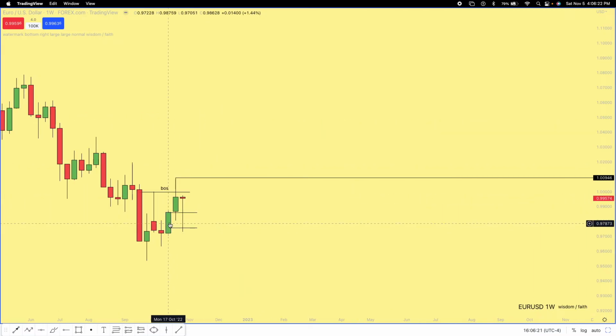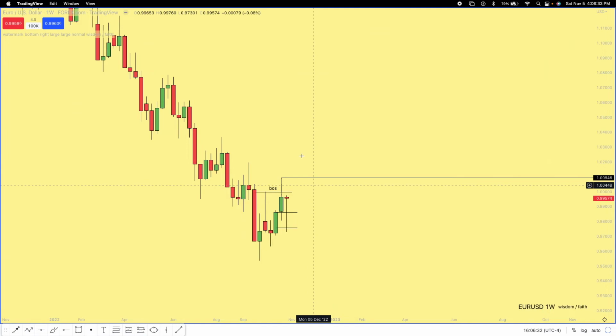Yes. Check off 3. Price came down inside this fair value gap, order block, imbalance, whatever you want to call it. But it did it. That's check off 3. So now what is check off 4? We wait for the market to open up, and we wait for the low of the week to be made, and we go down to our lower time frames and we start to execute.